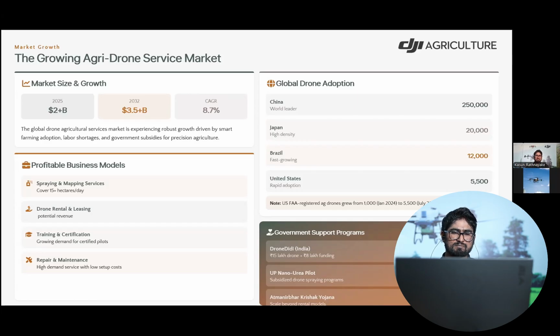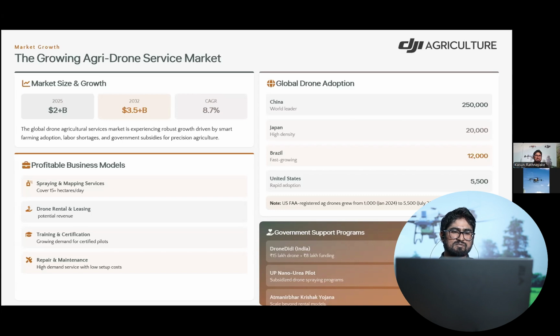So what are the profitable business models we can use in current situations? First, spraying and mapping services. We can generate a business from spraying and mapping services, covering more than 50 hectares per day. Also drone rental and leasing, which has potential revenue in many countries.